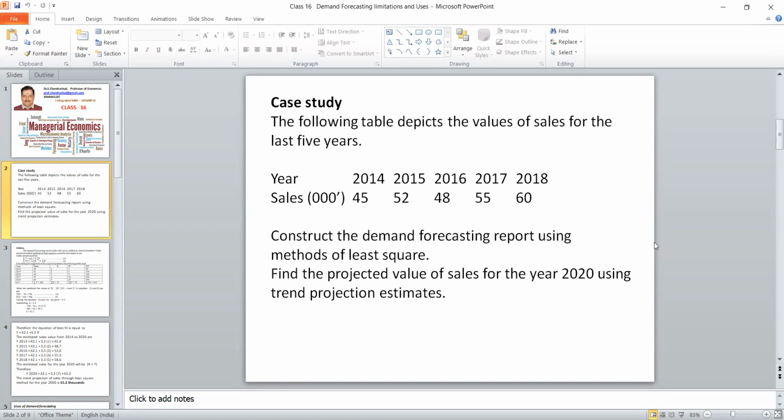The question is construct demand forecasting report using method of least squares. This is the portion in your syllabus. In the second unit, we have to study about the method of least square. Then one more question is find the projected value of sales in the year 2020. What will be the sales based on this? Using this particular data, one thing we'll do,